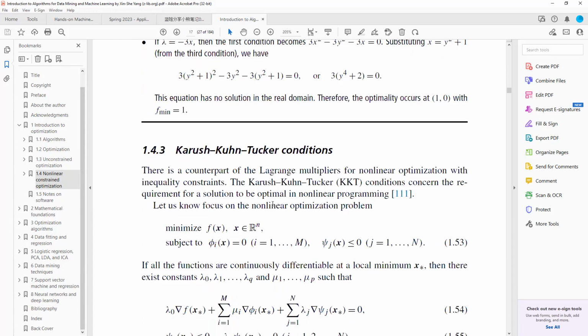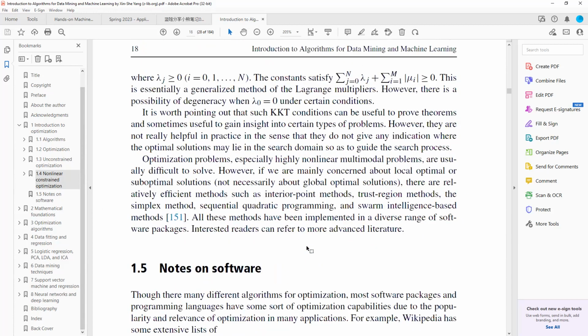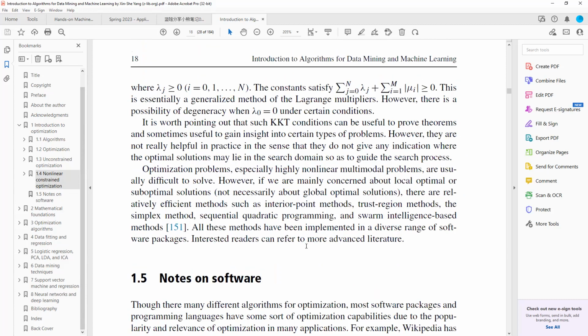I guess I just wanted to know, since the book skipped over the simpler optimization, do most applied optimization algorithms that models use in data science, are they all by and large nonlinear? Yes, to answer your question, that's correct, because later on, once we continue with some of the problems,